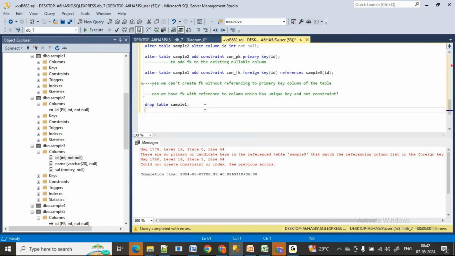Like yesterday I showed you that I just dropped the table, right? So I will tell you one conclusion here. You can't drop the parent table. Instead of doing this, just give like this. If for your sake only, I'm just writing. Okay, try to understand. We can't drop the parent table, whereas we can